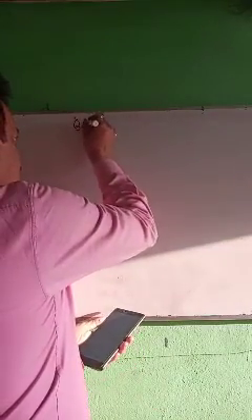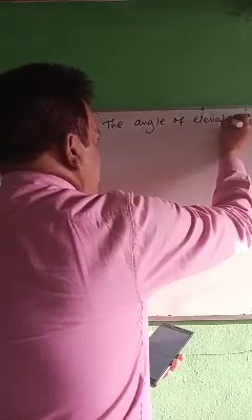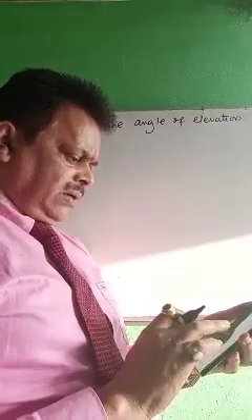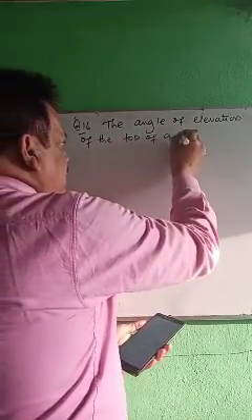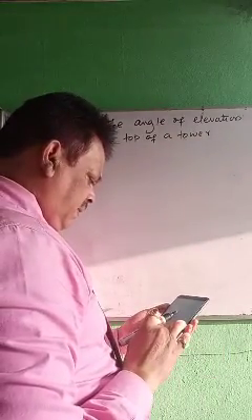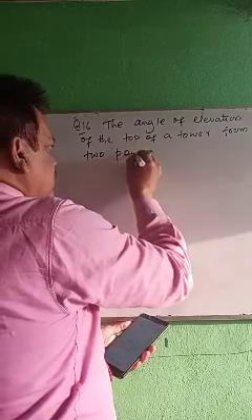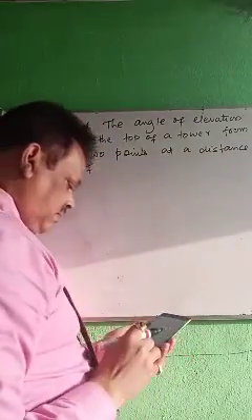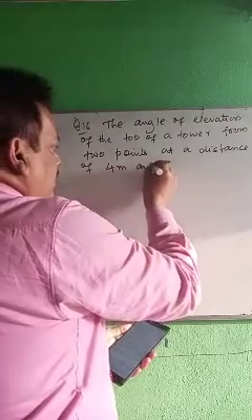The angle of elevation of the top of a tower from 2 points at a distance of 4 meter and 9 meter from the base of the tower,